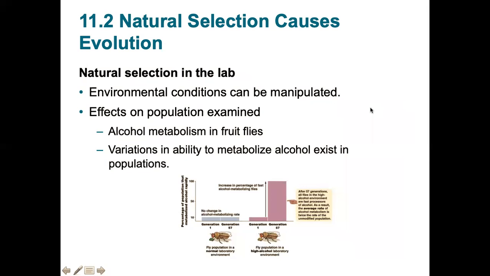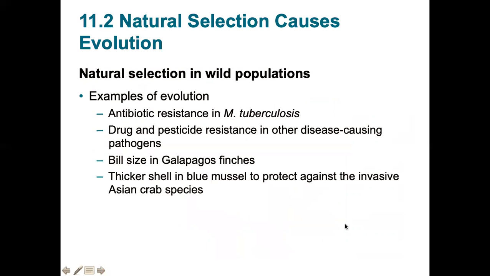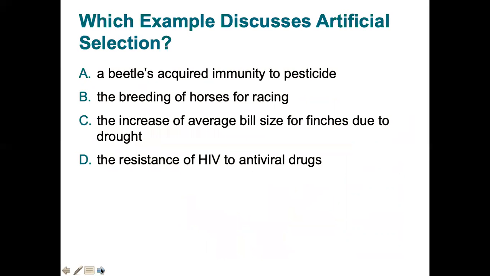Now, natural selection isn't based on a goal, right? It's just a thing that happens that we can observe that makes something more fit, and then they can pass on their genes. We can apply natural selection in small populations, and we can see it happening. And then we can look at natural selection in larger populations. Oh, so here's one, which is an artificial selection example.